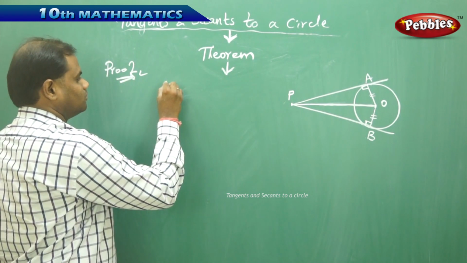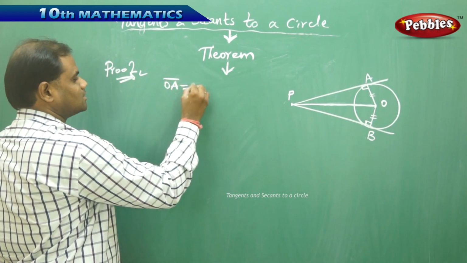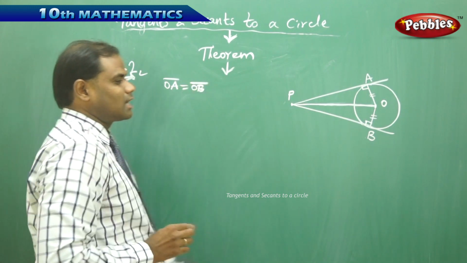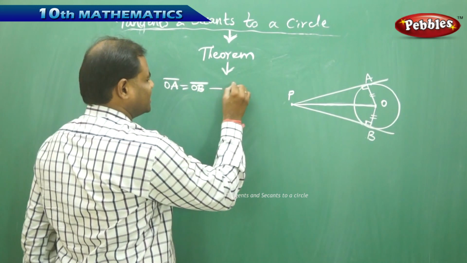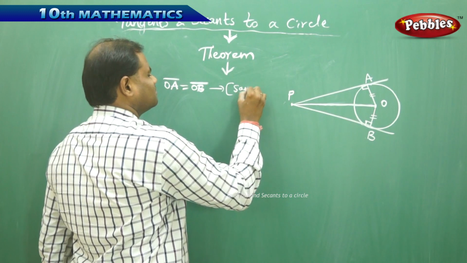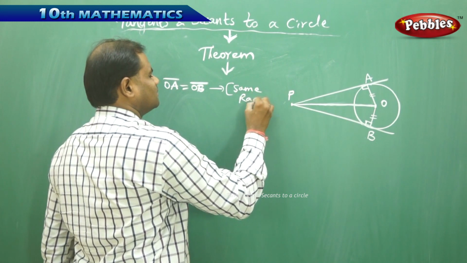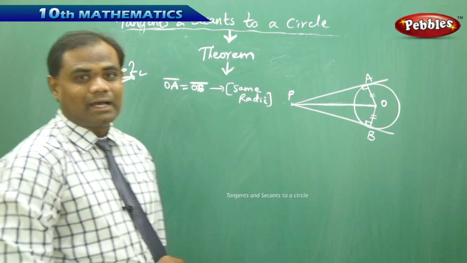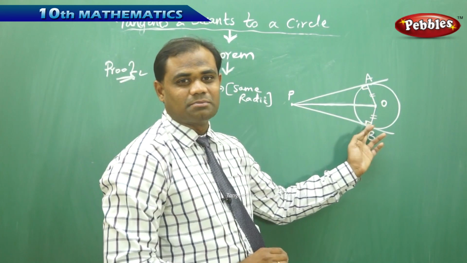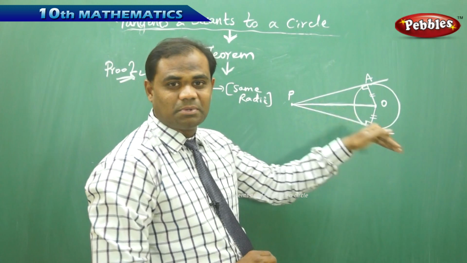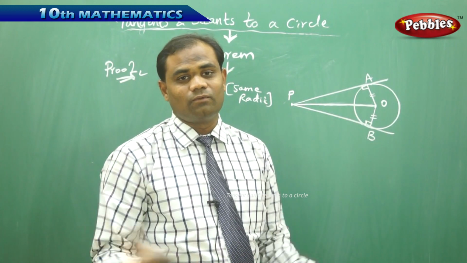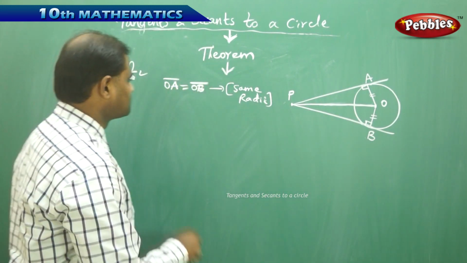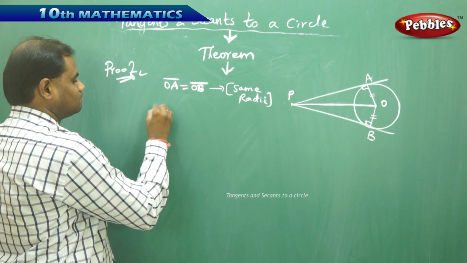So first, OA is equal to OB initially, which is identified because they are the same radii for the circle. Secondly, I find that these two angles are 90 degrees because a radius is always perpendicular to the tangent. This is the theorem we have seen in the previous sessions. Therefore,